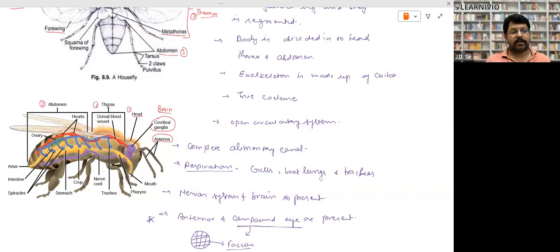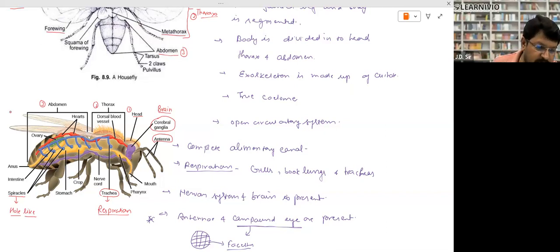Basically, the thoracic part is responsible for the respiratory system. Now you can see inside there is the trachea. What are the trachea? They are meant for respiration. They are pipe-like structures, and they are external. These portions are called spiracles. Spiracles are hole-like structures which open outside and help in the exchange of the